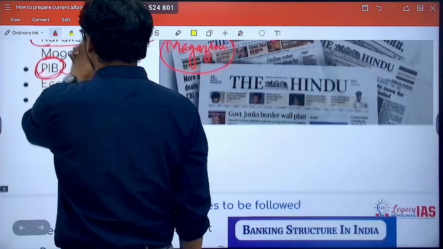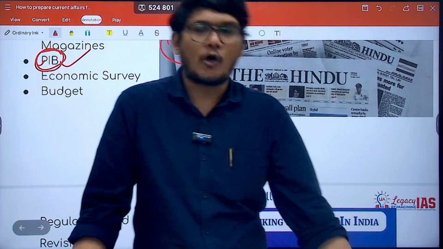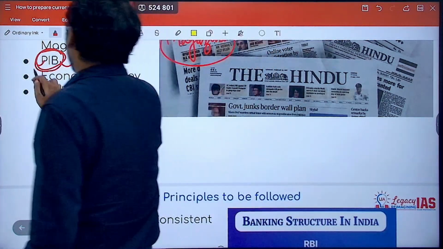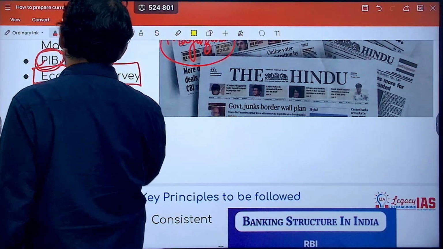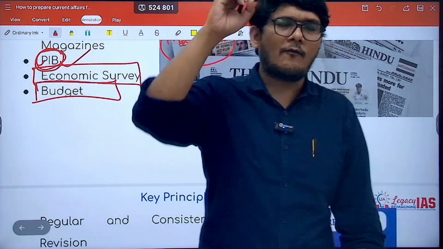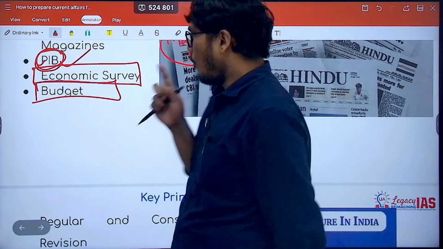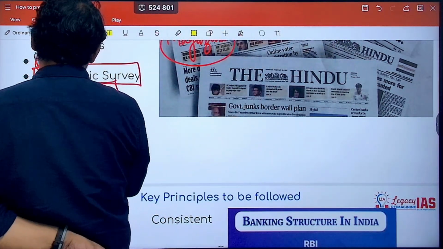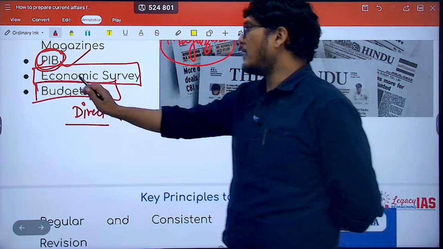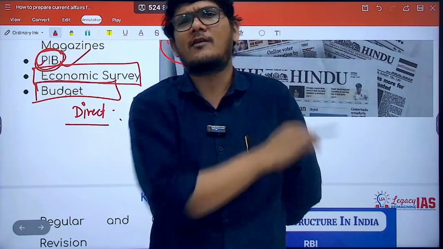But in addition to all that, specifically in economy, there are two very important documents that you have to study. There is no other way about it. One is the economic survey and the other is the budget. The budget and the economic survey play a very, very important role. There are two reasons for this importance. One, there can be direct questions asked in UPSC from the economic survey or budget. Direct question, factual question, trend-based question, or even concept-based question.